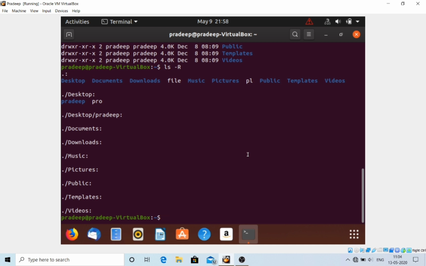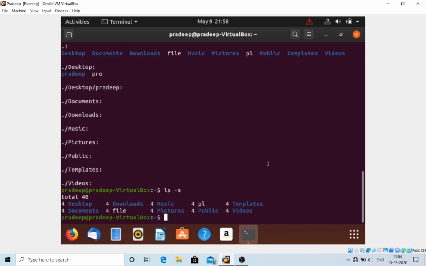If you want to list file size, then you have to use the command ls space dash small s. You can see here the size of the file or directory.